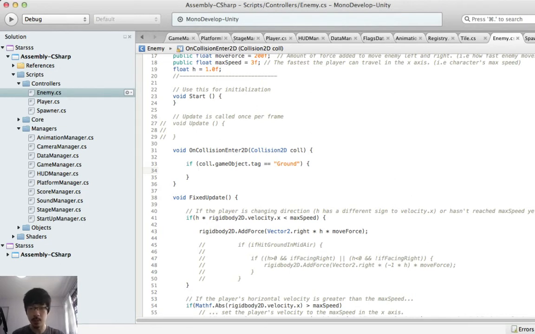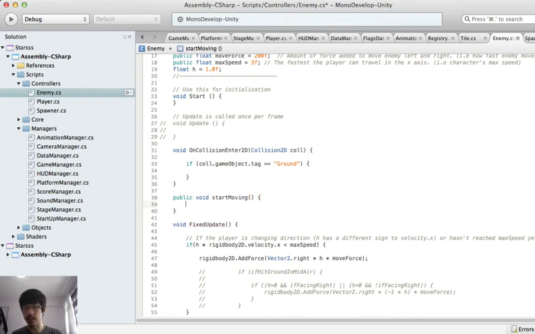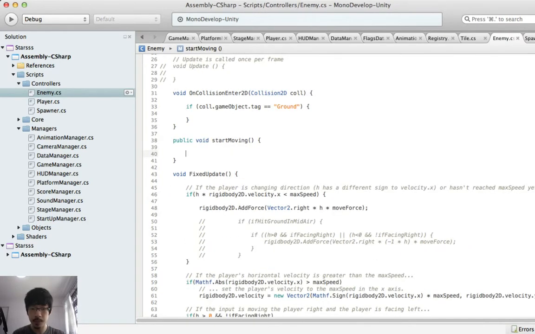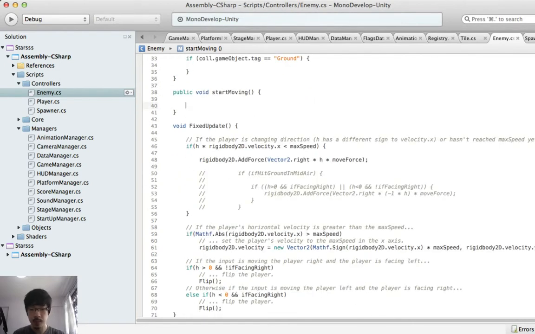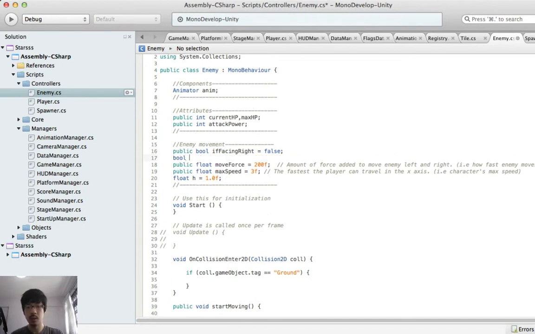So okay, let's create a method called start moving, and we will say if start moving equals to false,